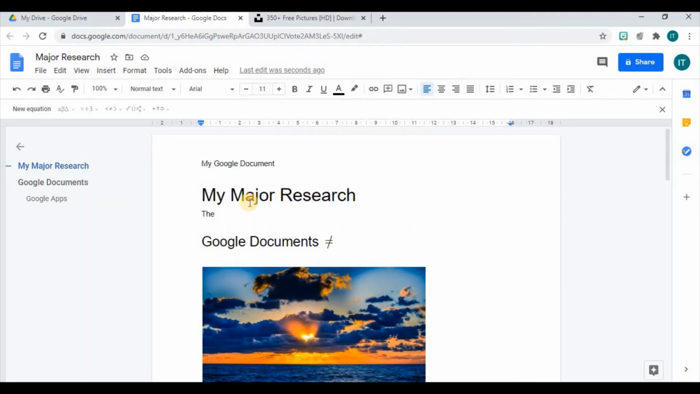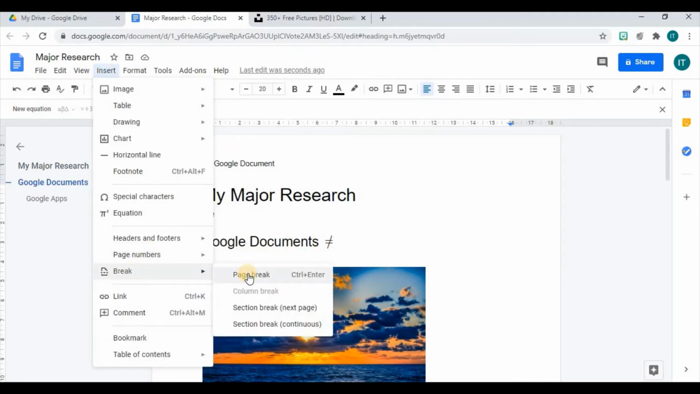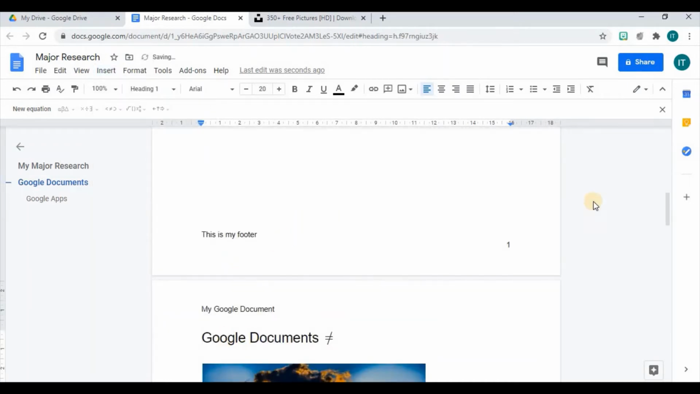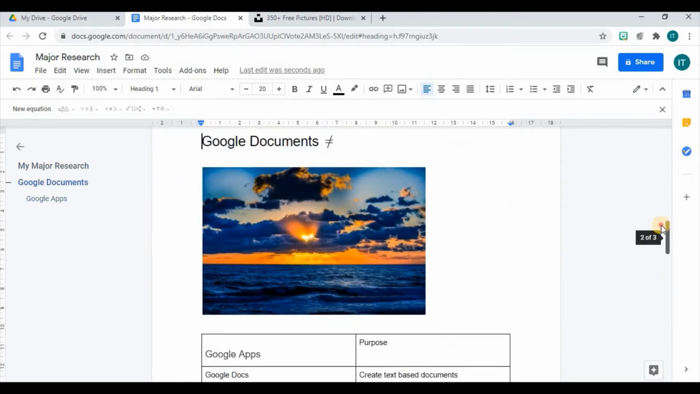ahead and do is to return to the very first page that we had, and then I'm going to place my cursor where it says Google Documents. Insert, and then I select page break. What this will do is to send this information to the second page in our document, and then our first page would remain free from this type of information. So as you can see, when I select page break, this automatically places the Google Documents section to page 2